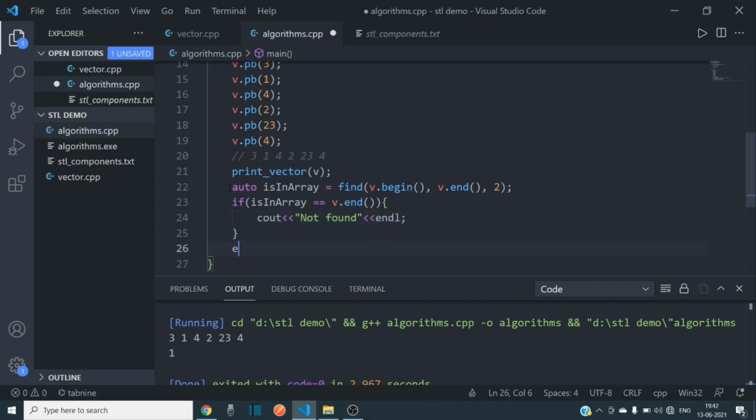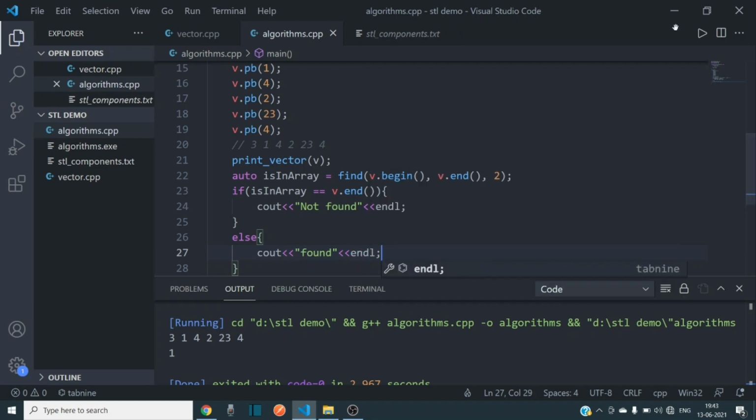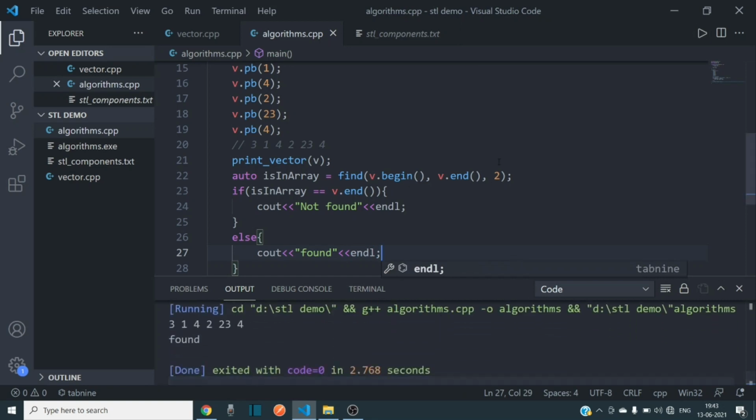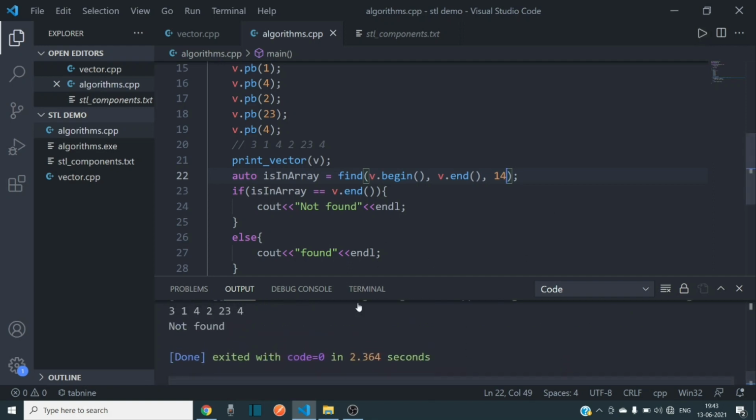Else we can write found. So now let's check that. Yeah, so 2 is found. Let's check with some other element which is not found in the array. I am saying vector and array, but it's a vector, I am using them interchangeably. So it's not found.